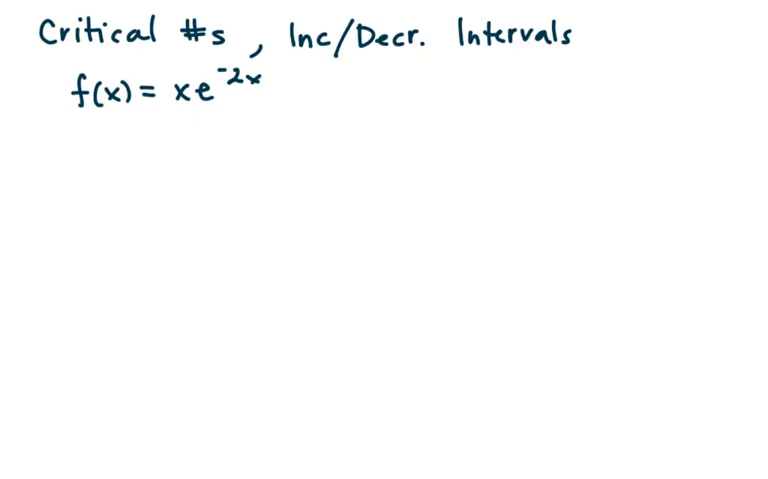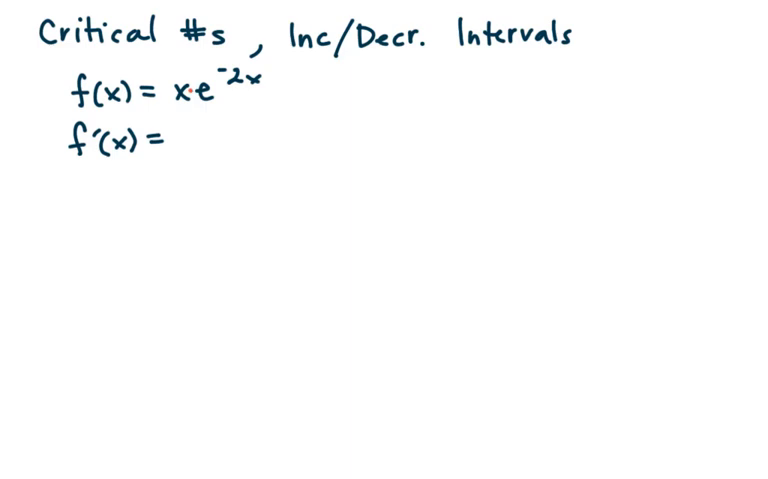So here we're going to do an example, finding the critical numbers so we can determine the increasing and decreasing intervals for this function. So the one thing we know is that the critical numbers occur where the derivative is equal to 0. So I'm going to go ahead and find my derivative here, and when I'm looking at this, x times e